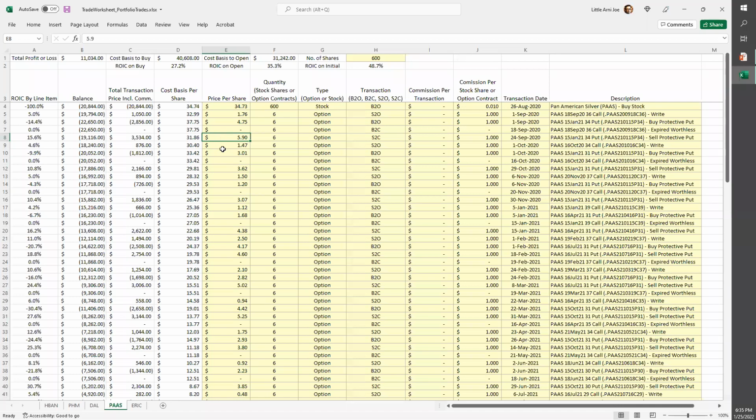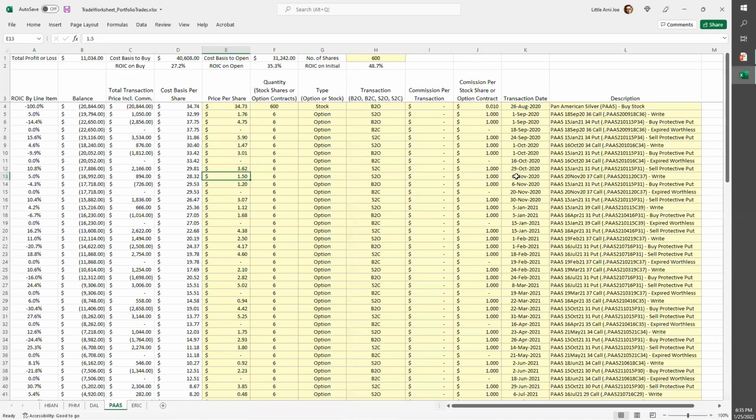And I did it over and over again. Look, on October 1st, I sold my premium, bought my protection. The premium wound up expiring worthless on the third Friday of the month. And I sold back the protection. This time I made 61 cents per share on just selling back the premium. $1.47 on selling the premium itself, 61 cents by rolling out the insurance. And I just do that every month.